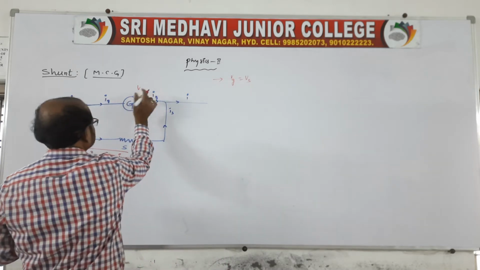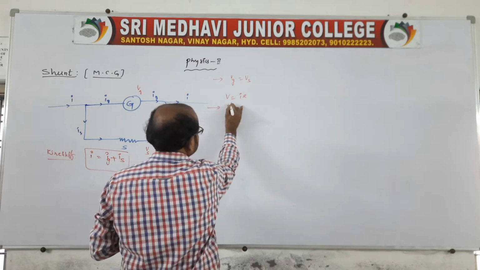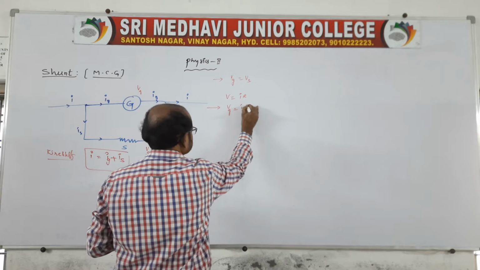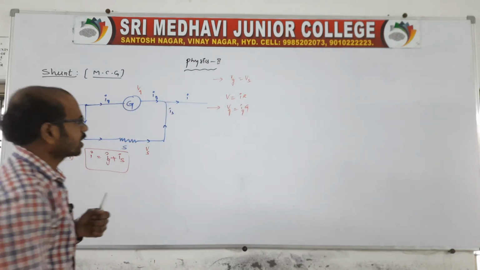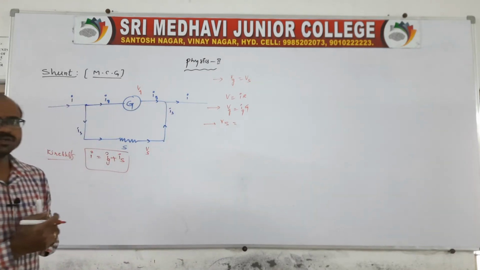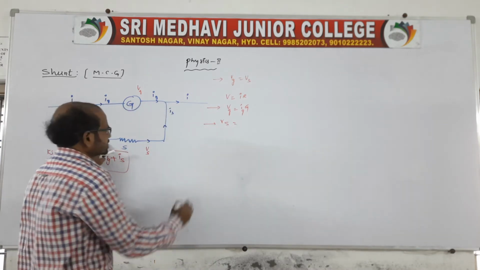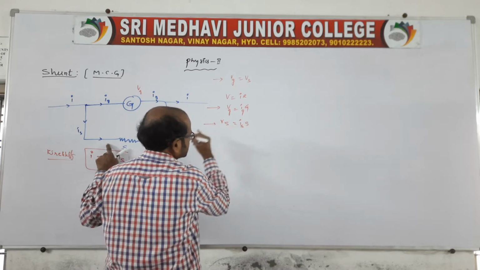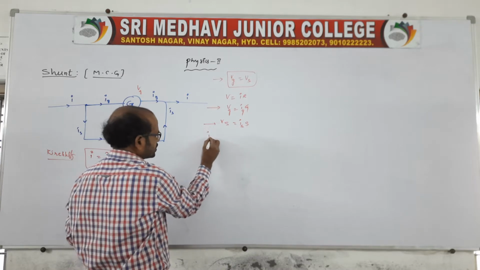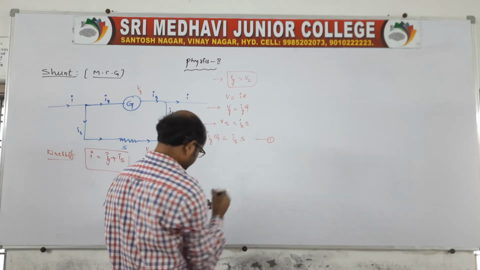Now Vg is a potential difference. According to Ohm's law, V is equal to I into R. The current through the galvanometer is Ig and its resistance is capital G. Vs is the shunt potential difference, S for shunt, V for potential difference, and the current through the shunt is Is, into S. According to the condition Vg is equal to Vs, we write Ig G is equal to Is into S. This is equation 1.